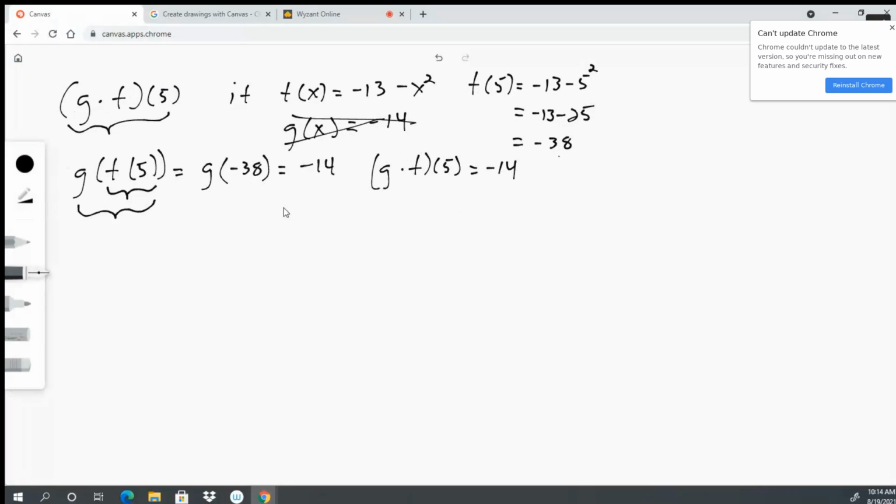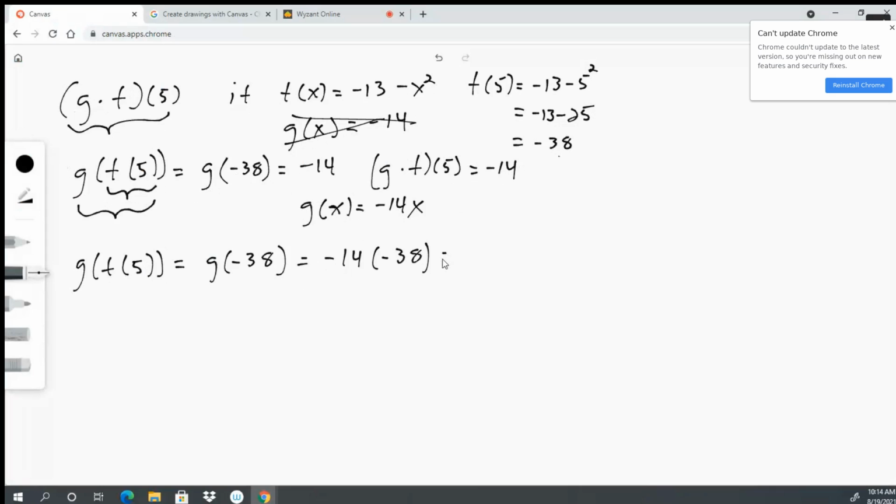Now let's try to make this a little bit more complicated. Let's discard this and make our g of x equal to minus 14x. This is just to illustrate the concept a little further. In this case, g of f of 5, we're plugging in 5 to f of x, we still get minus 38. So this becomes g of minus 38. And from there, we can plug in minus 38 into our new g of x, which is equal to minus 14 times minus 38, and this should equal